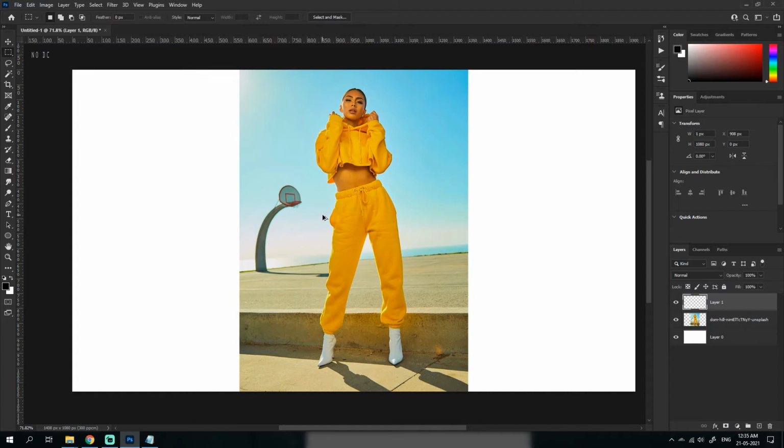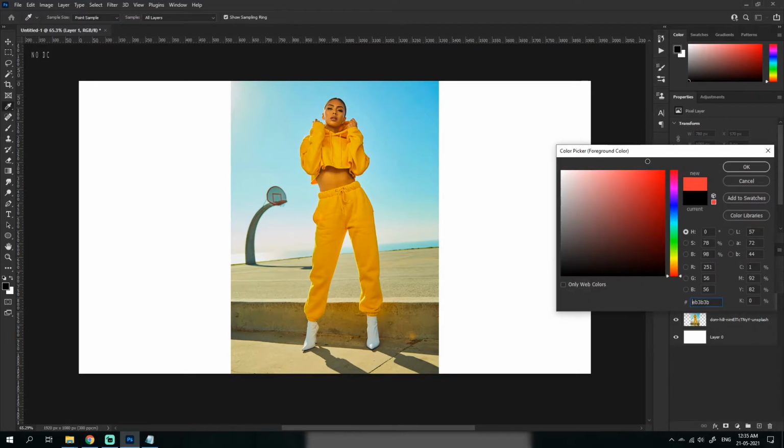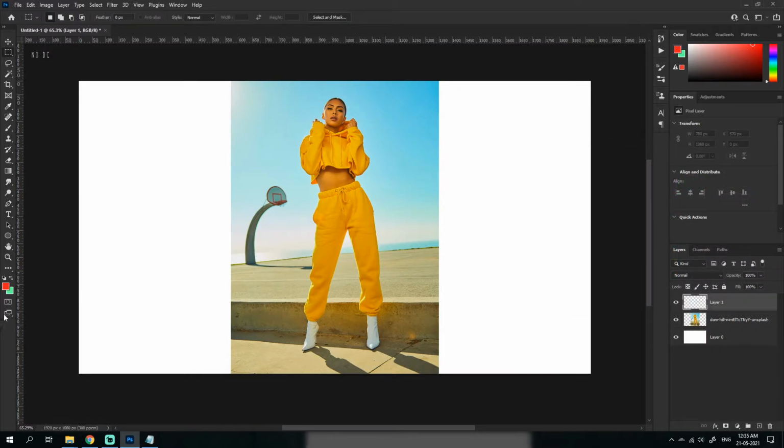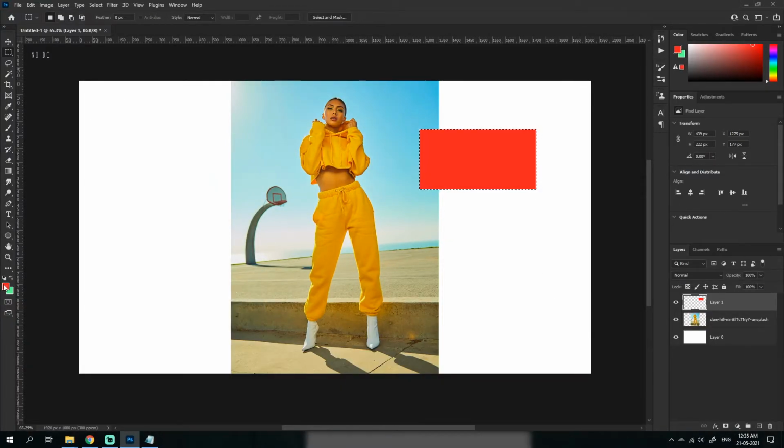So let's get back to basics. With this selected, I would like to show you one thing which I forgot to show in the basics. I created a new layer. This is foreground, this is background. Let's go here and select these two colors. So we have red in the foreground and green in the background. If I select this one in the new layer and press left Alt and Backspace, you could see I just inserted this color there.